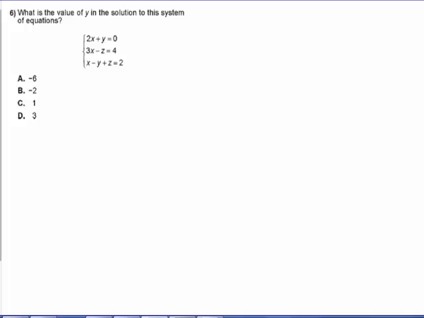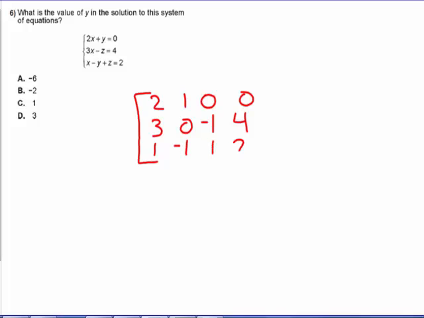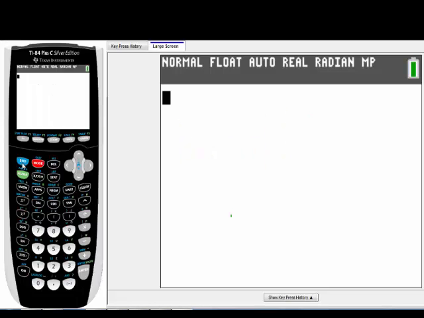Okay, so if we want to solve this system of equations, the best thing we could do is set all of our information up into a matrix, and we will use the row reduced echelon form. This way we can just type it straight into our calculator. Notice if one of the variables is missing, we're using 0 as a placeholder, so all our x's, y's, and z's line up. So now when we put that into our calculator,